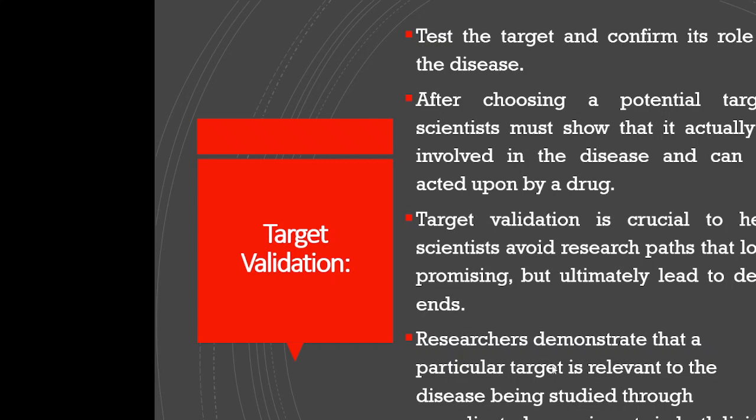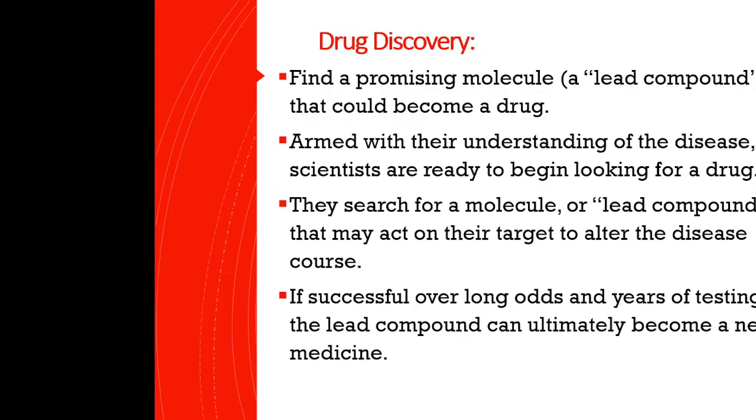The researchers demonstrate that a particular target is relevant to the disease being studied through complicated experiments in both living systems and in the lab. By studying the action of this particular target in different types of animals as well as in human beings, researchers make sure that their target identification is correct. That process is known as target validation. Then comes the